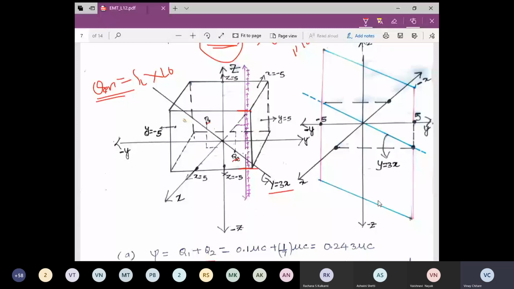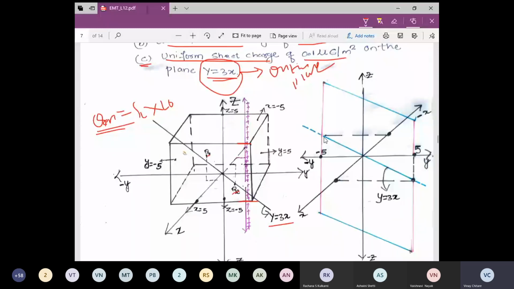That figure I have shown there. You could see, if you want to understand how the plane is formed by this equation, this is the equation of the line y equal to 3x, which is passing through the origin. Now if you just slide this line up and down, you will form a plane as I have shown here.